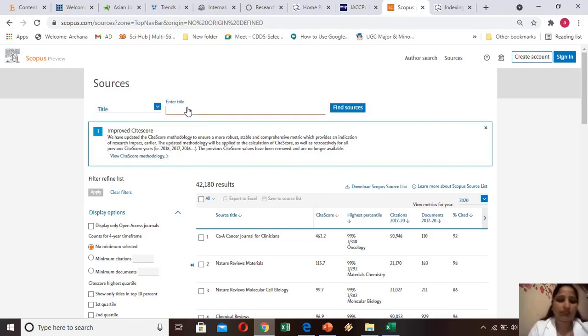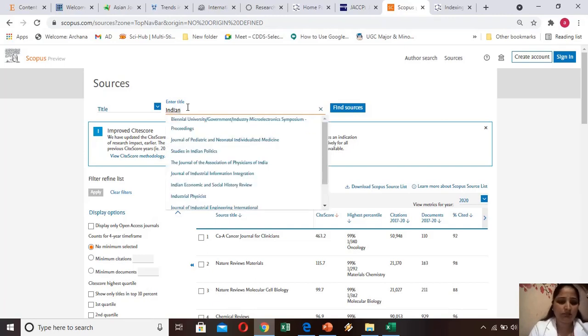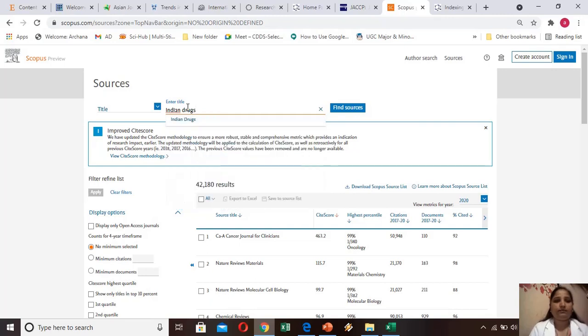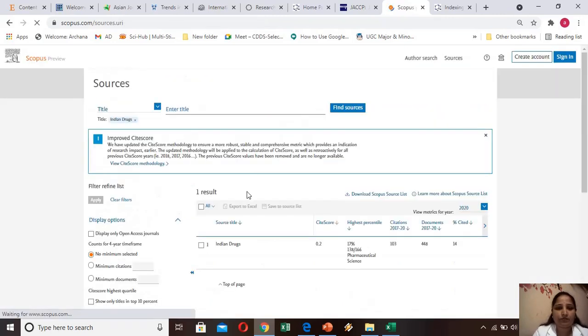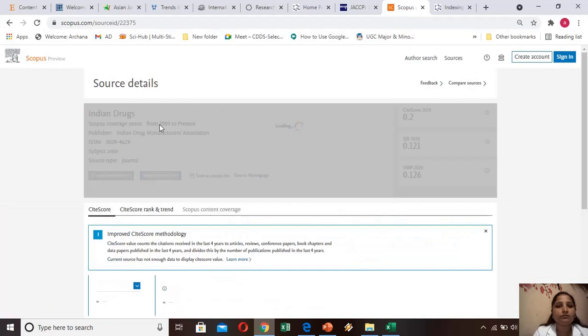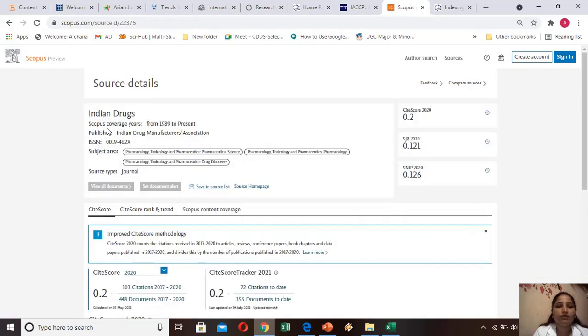We will select the title of the journal, Indian Drugs. The journal name arrives here. Just click on it, and now you will get the Scopus indexing coverage of that journal, that is from 1989 to present.